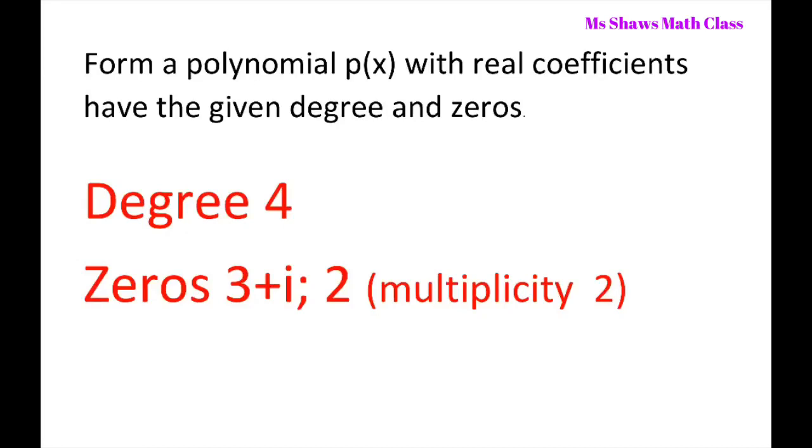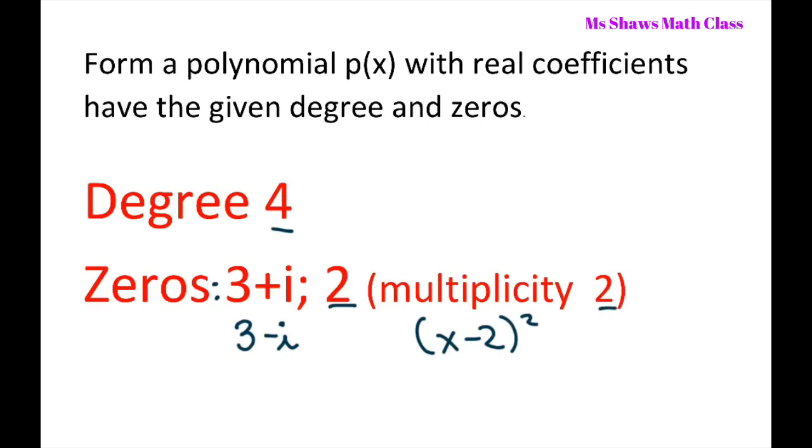Hi everyone, we're going to form a polynomial p of x with real coefficients that has degree 4 and has zeros 3 plus i. If we have this zero as 3 plus i, then we also have 3 minus i, so there's two zeros. We also have a zero at 2, so that would be x minus 2, and the multiplicity of 2 means